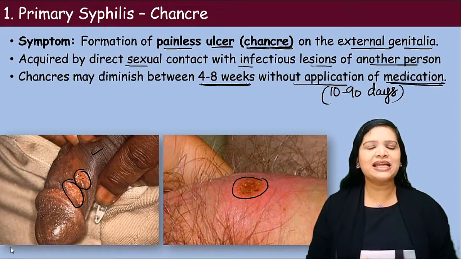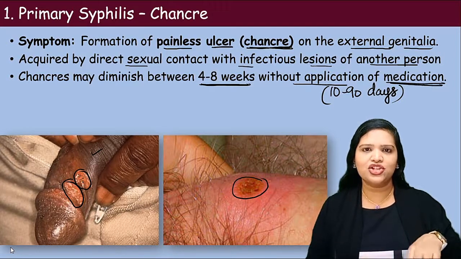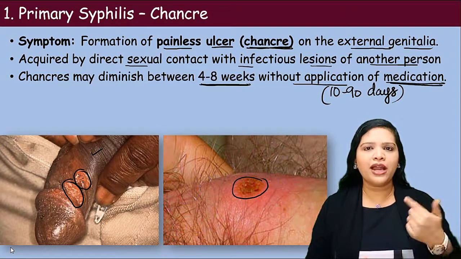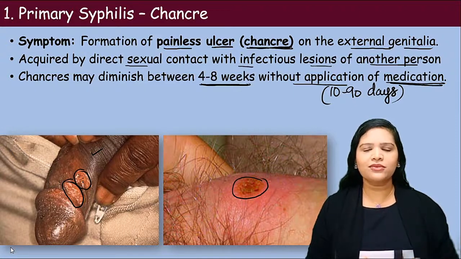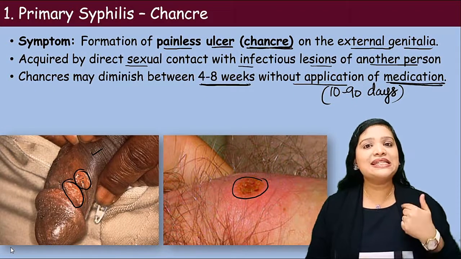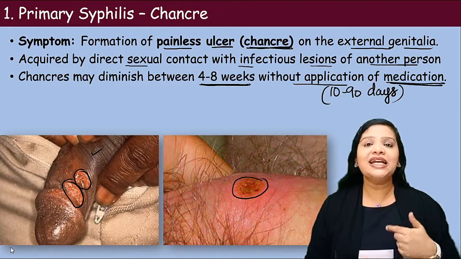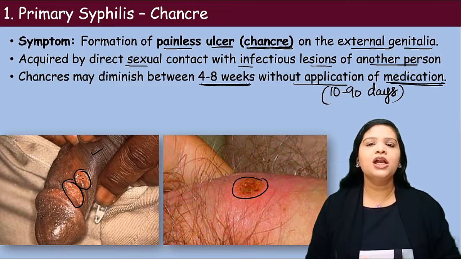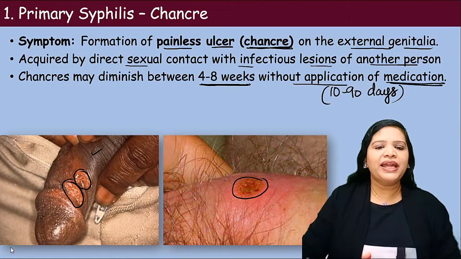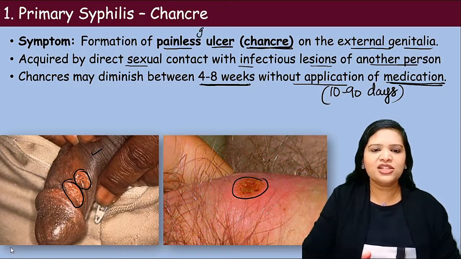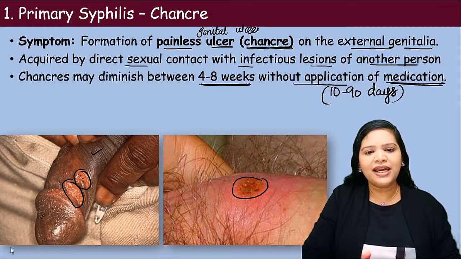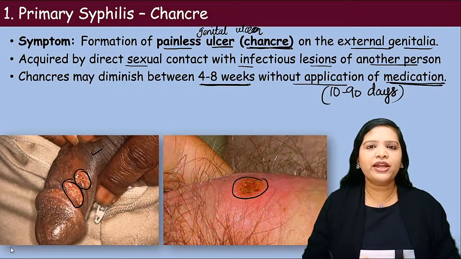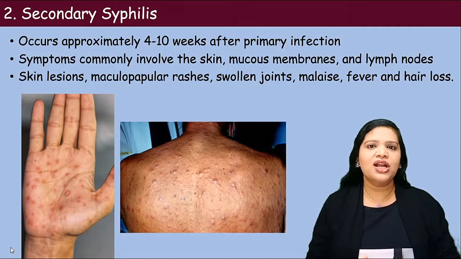So what happens here exactly? The bacteria which settled on the skin region enters deep into the body. Now it is mixing with the blood, and it progresses to the second stage. So that leads to the secondary syphilis. Here, the first symptom in primary syphilis is chancre or the painless ulcer. This is also called genital ulcer. Okay, so if it is unattended or not diagnosed, it may lead to the secondary stage, that is called secondary syphilis.